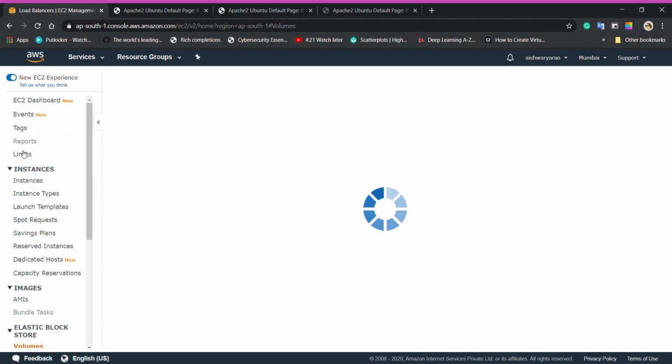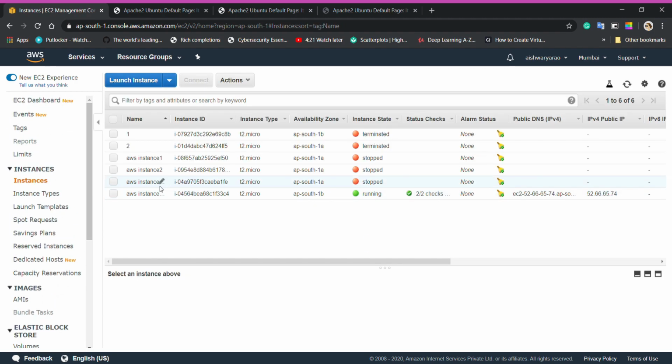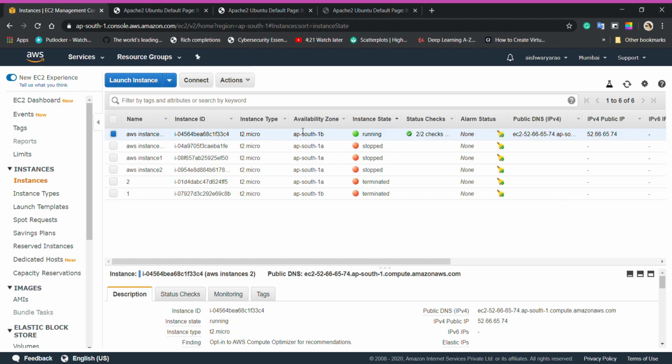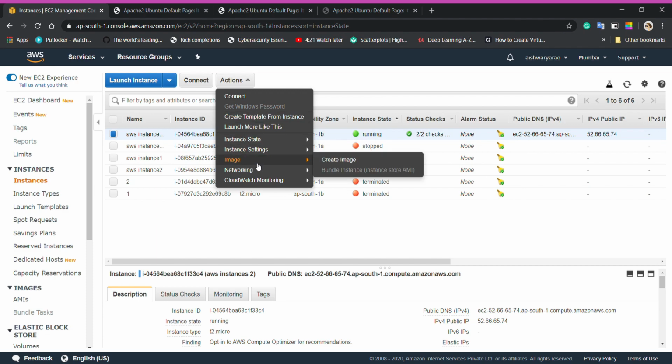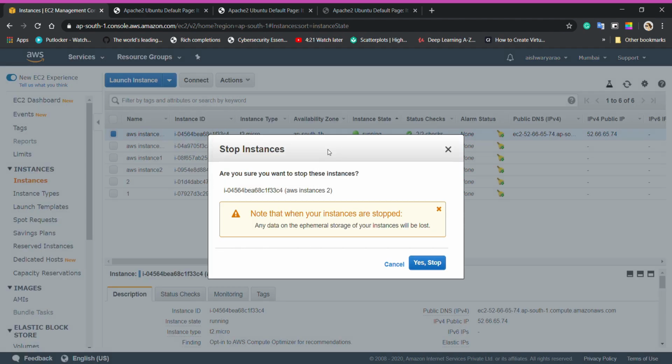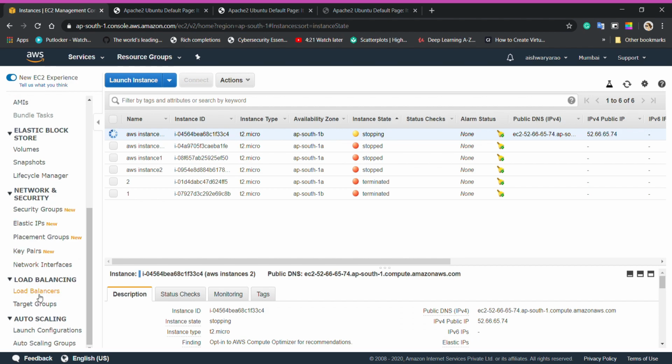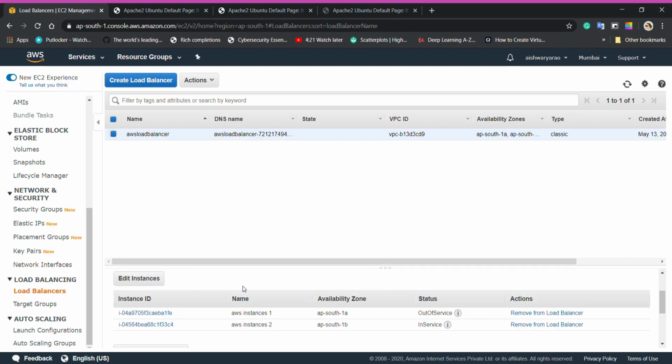I'll come back to instance and I will stop my second instance as well. Action, instance state, and I will stop my AWS instance 2. I'll go to load balancer and then I'll see the status.